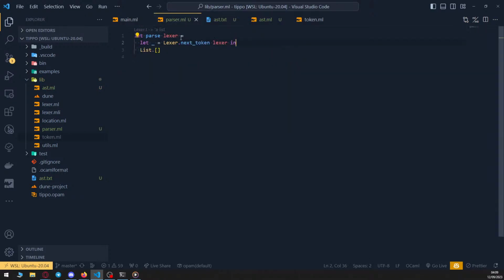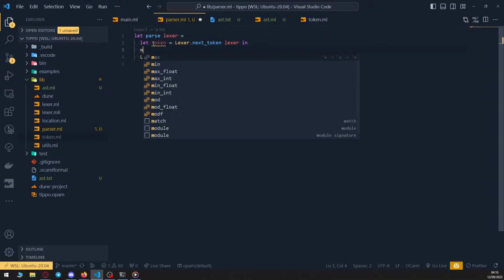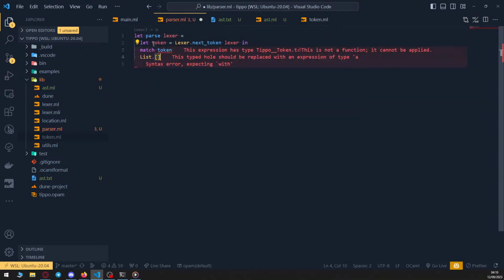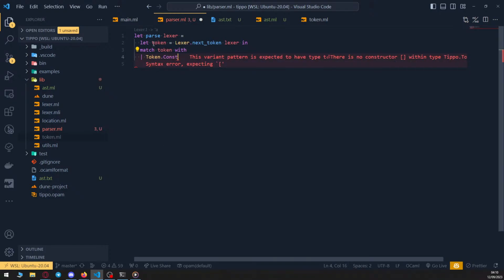Let's see. So parse, which is token, and then match token with and dot its const, then we should do